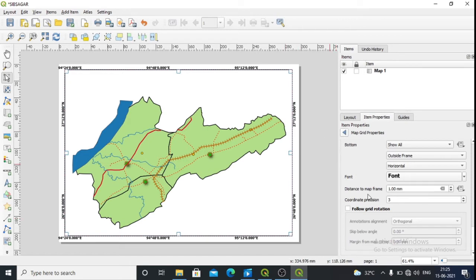Back. I want to bring this map a little bit to this side, meaning there is a little more space on this side, so I will bring the map a little to this side. Slightly.